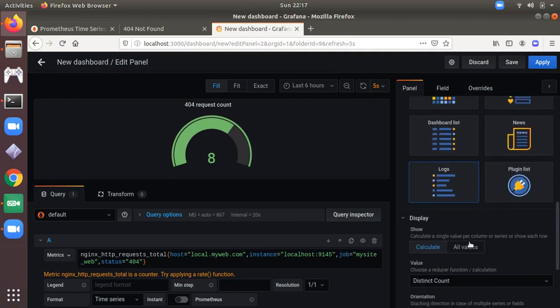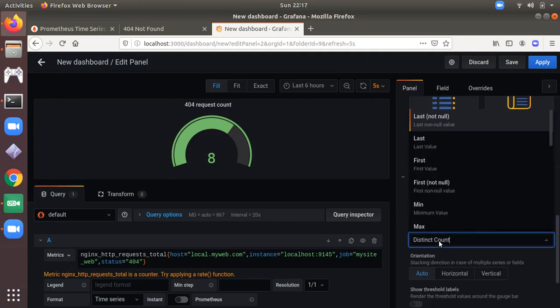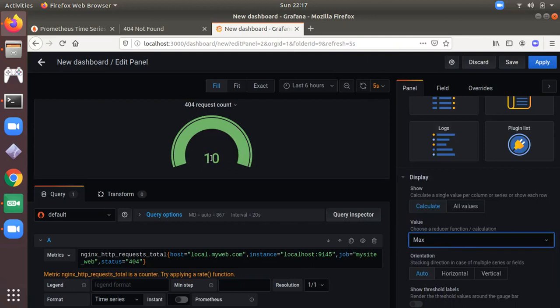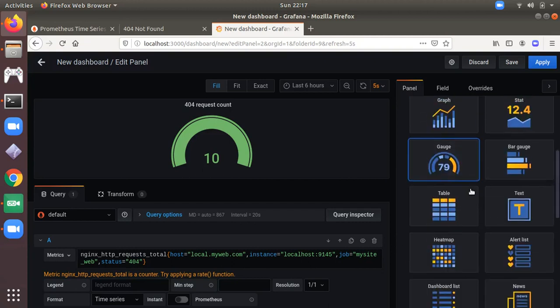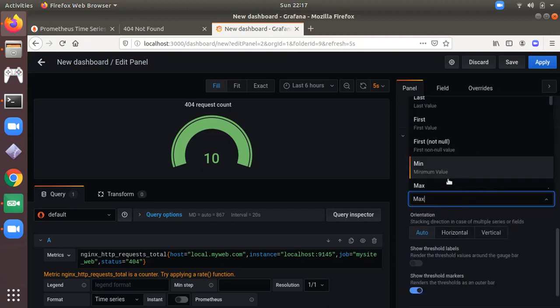So actually we are showing the distinct count, so it's showing the distinct count 8, and if I go to max, it's showing that 10 records are there. So it all depends on whatever option you choose from here. So this is the data we can show,